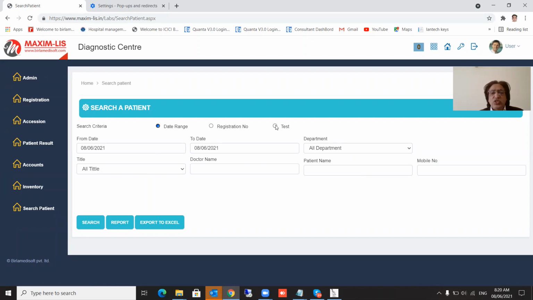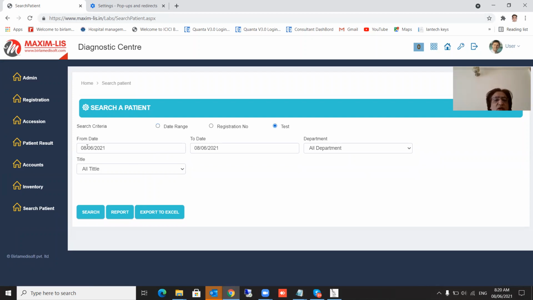Date range by registration: how many tests are done. Let's say we want to see how many tests were done during this period. So we can say from 01-05 to date. Okay, give me all tests.